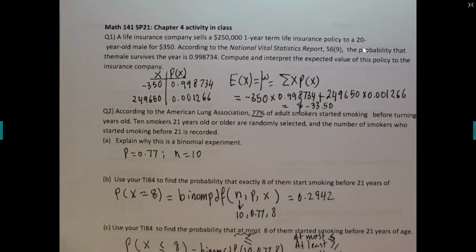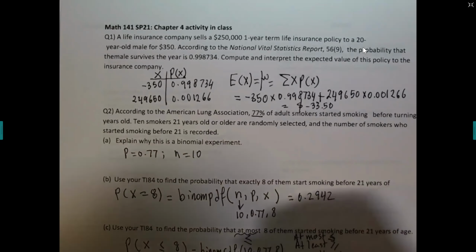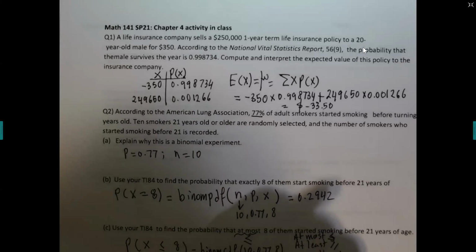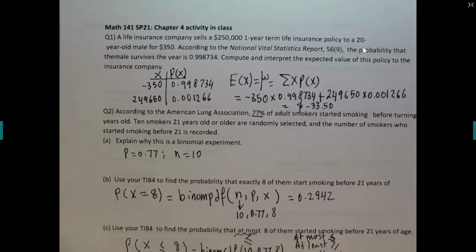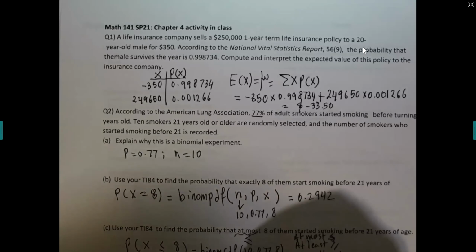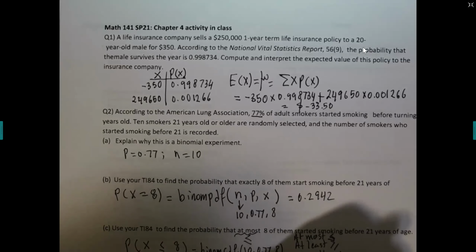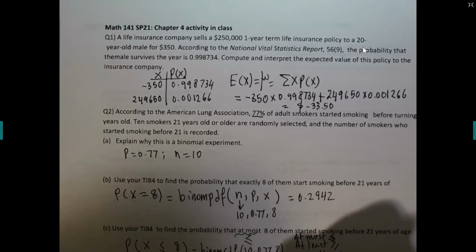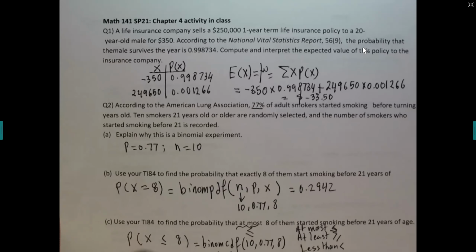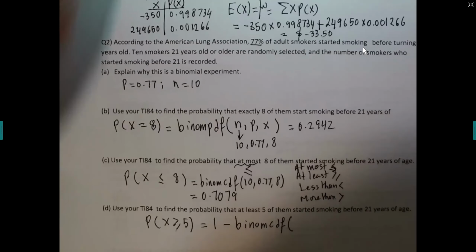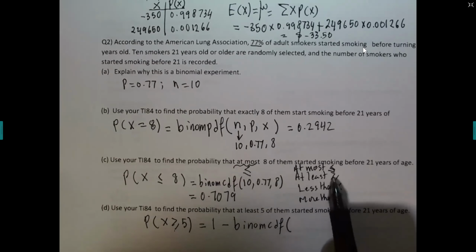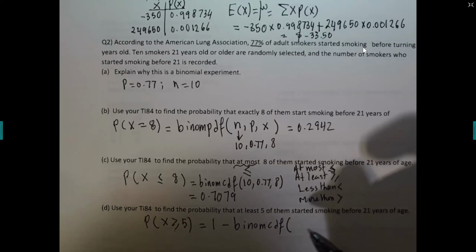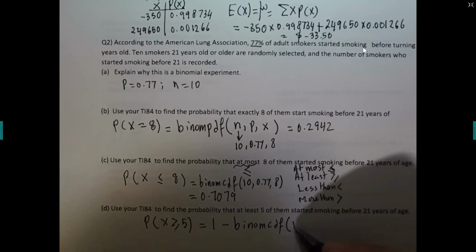Use your TI-84 to find the probability that at least 5 of them. At least is like this, guys. Okay. Look, when it is greater than or equal to, it has to be 1 minus the CDF. Can you pull the paper up? Yes. There you go. Thank you. Okay. Here's how you figure it out, guys. So look, for greater than or at least, you have to do 1 minus binomial CDF, but you put the n, which is 10, you put the p, which is 0.77, and then